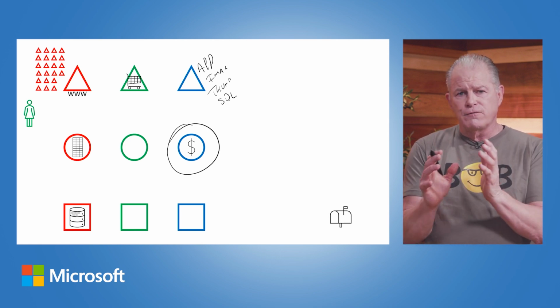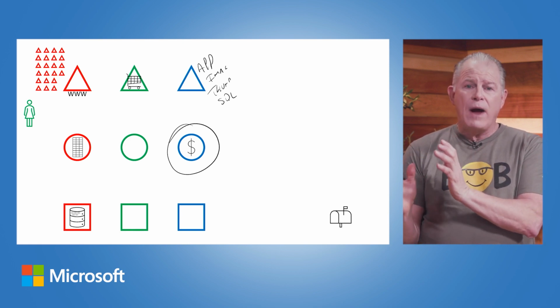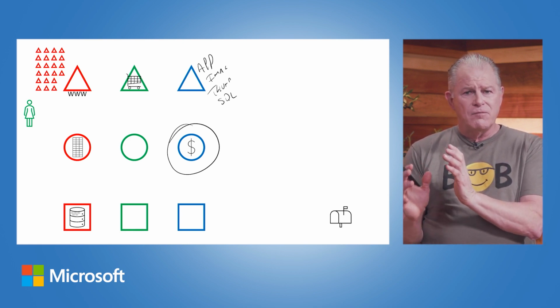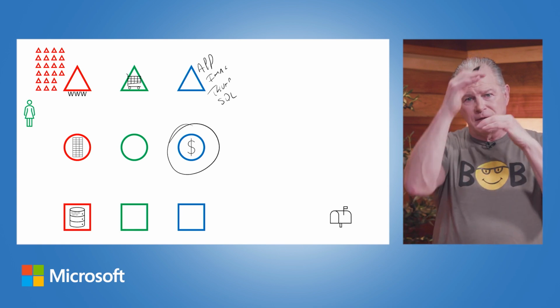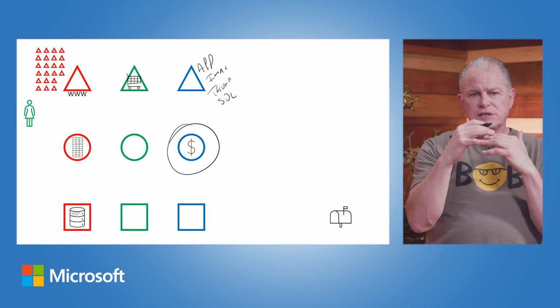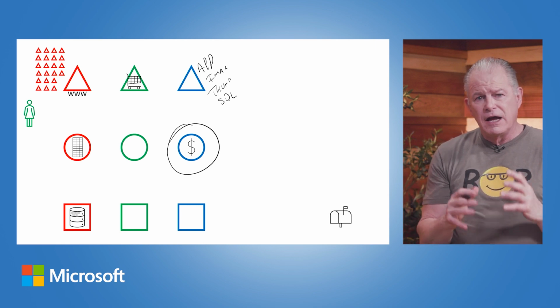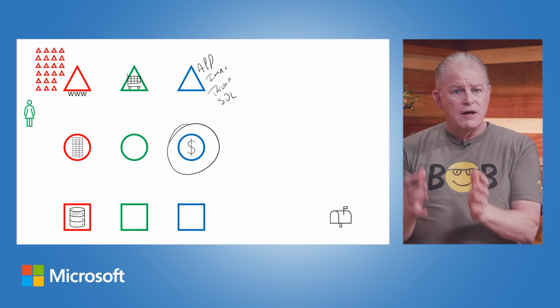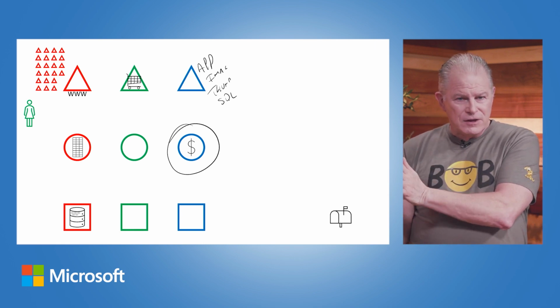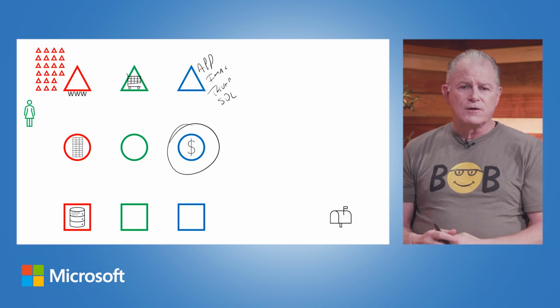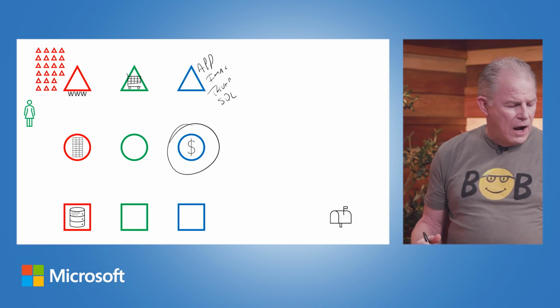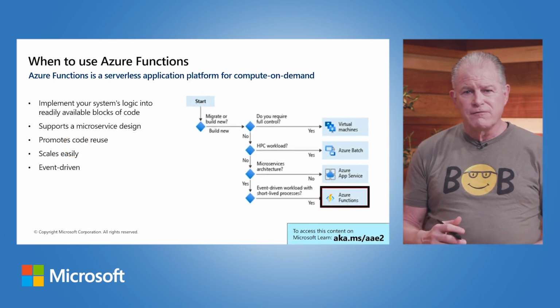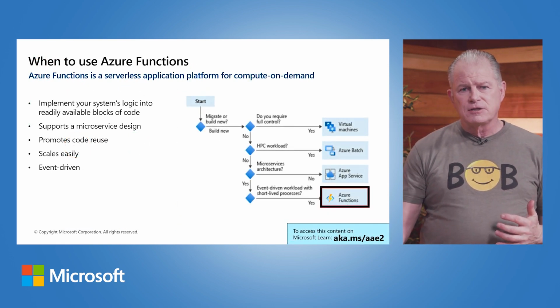I don't have to write that code into the purchasing part of my application. I could call an Azure function, and only when a credit card is put in does it call the function. So I don't have to have it in my lines of code and have if-then-else statements that exclude it if it's not there. It says if a credit card is put in, call an Azure function, give it the credit card number, and tell me if it's valid. So there's an example of why you might want to have something like a function added to your application development,